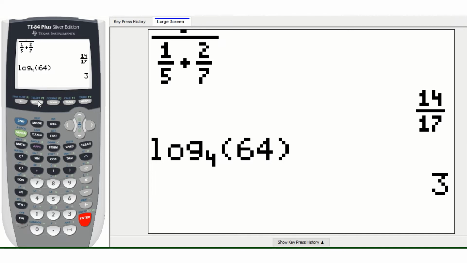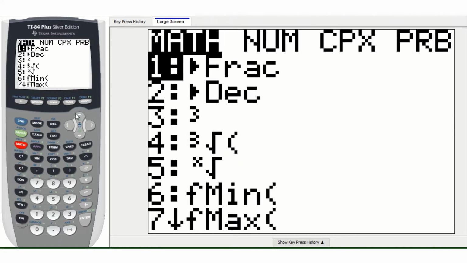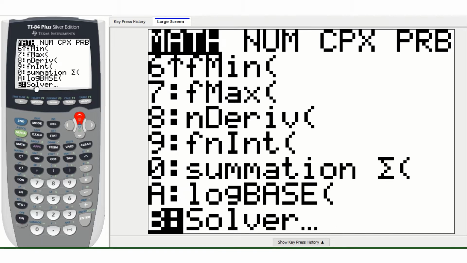I also have a solver button if I just need to do one answer. So it can give you 2, but just for simplicity, if you only need one answer. How I get to the solver button is I go to math, and then I scroll down until I see solver, and then side note, here's another log base in case you forget the first one. So if I pick solver,